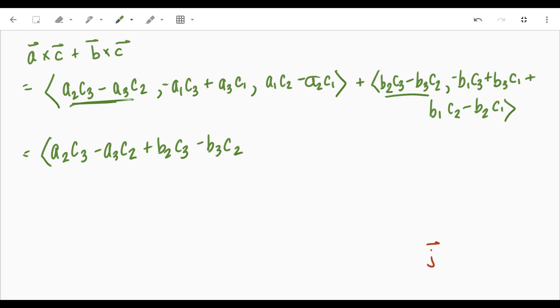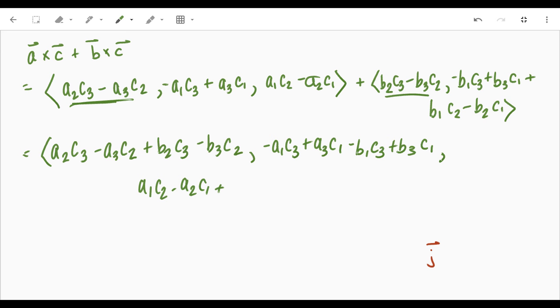And then I'll have negative A1C3 plus A3C1 minus B1C3 plus B3C1. And then my final component will be A1C2 minus A2C1, oops, I messed up here. I did a plus there. It should be a comma. Plus